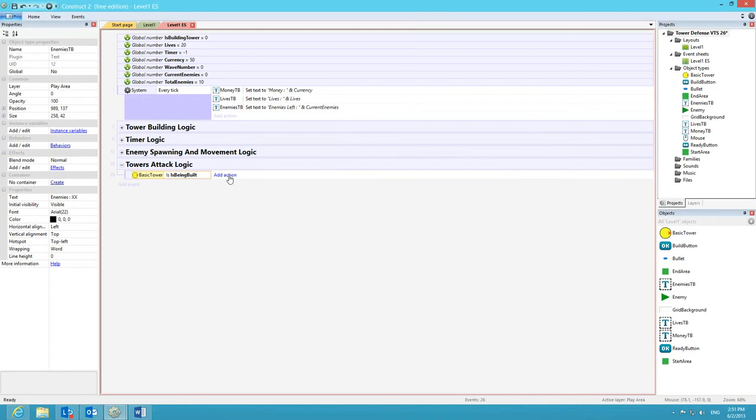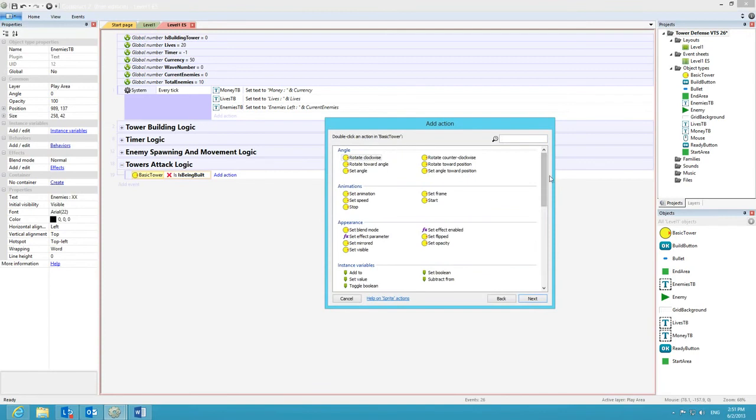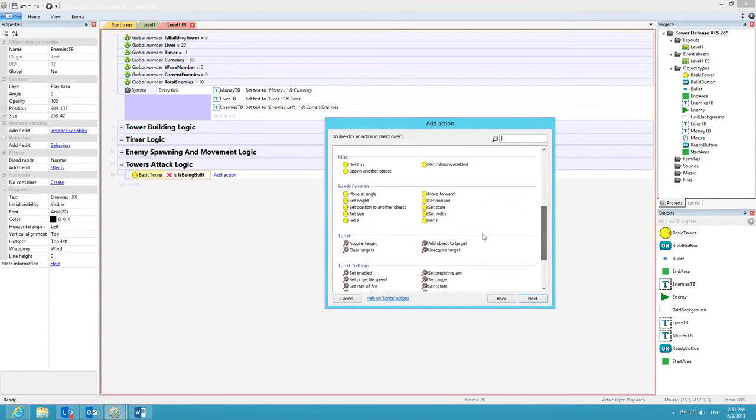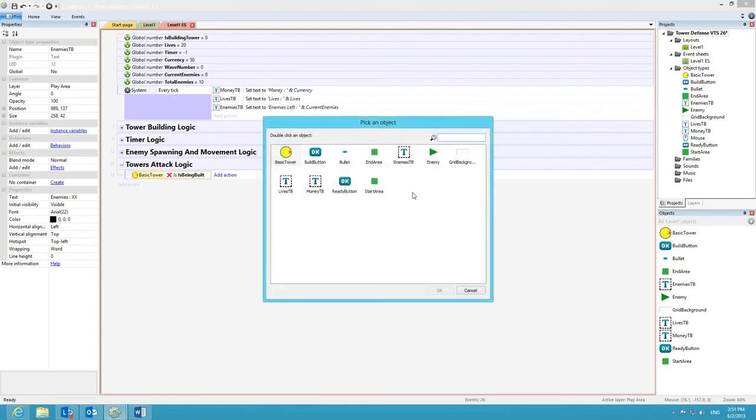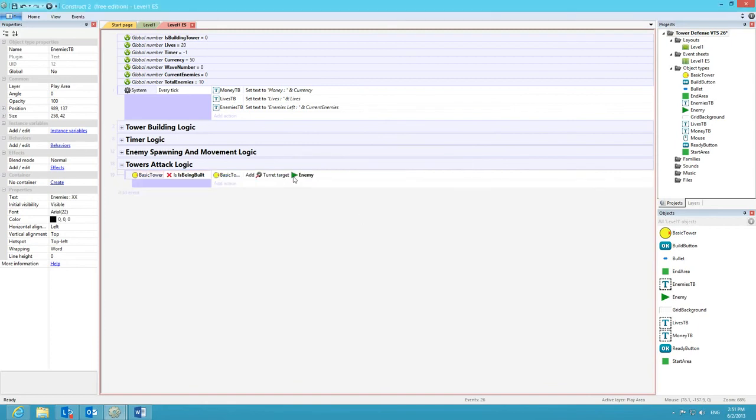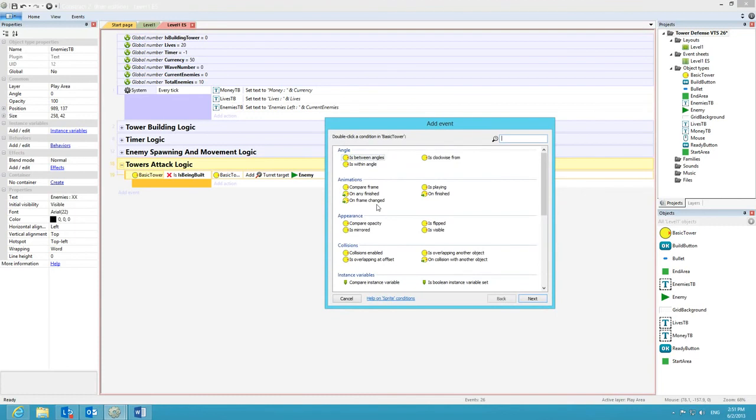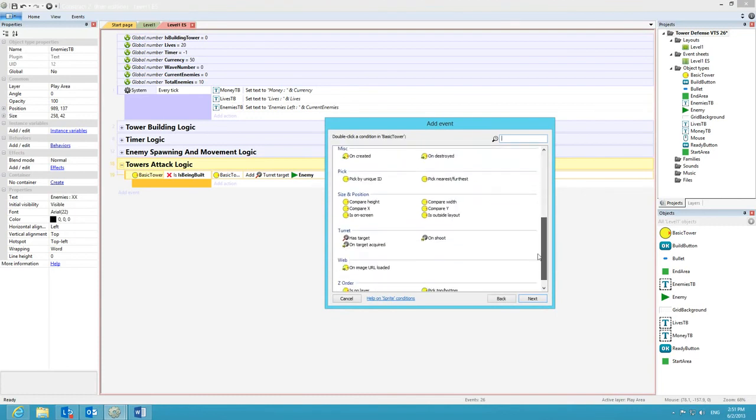Actually, if it's not being built, we need to add the target, acquire target. Let's add object to target, which is the enemy. Done. So if it's not being built, add the target. If it's being built, do nothing. On a basic tower, on shoot,